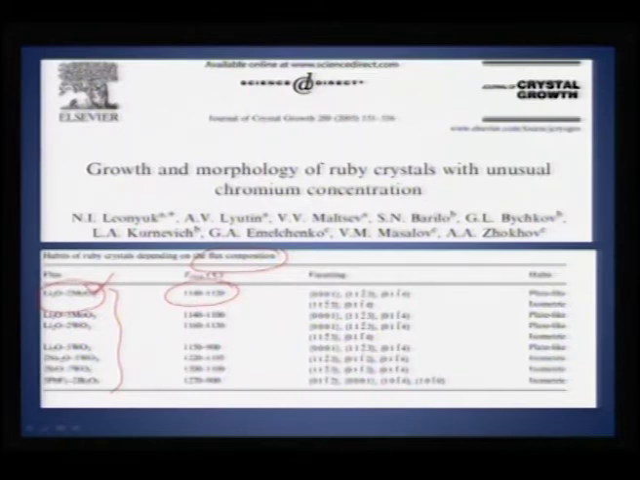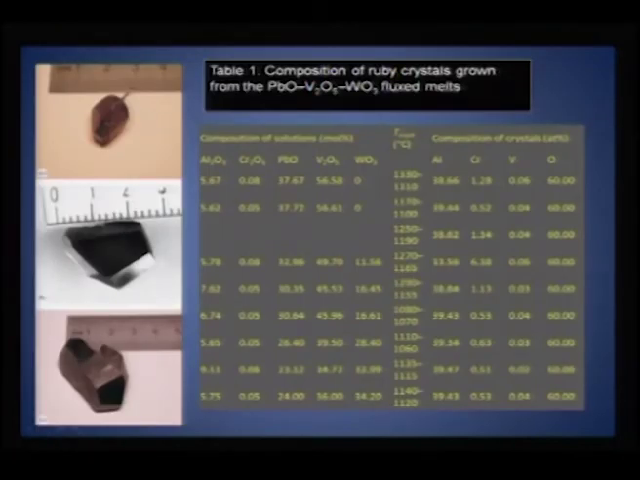So, this is one way you can realize. As you can see here, depending on the flux ratio, you can also try to affect the growth process and the shape of the ruby crystals. And here is another one which is usually used, lead oxide, vanadium oxide and tungsten oxide as a flux melt. And if you have different compositions of these, you can take aluminum chromium ratio, you will be able to get different qualities or different varieties of